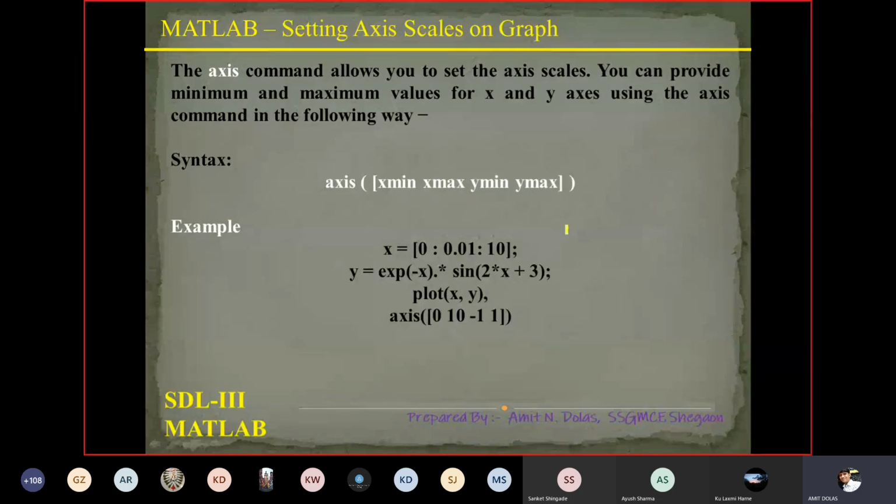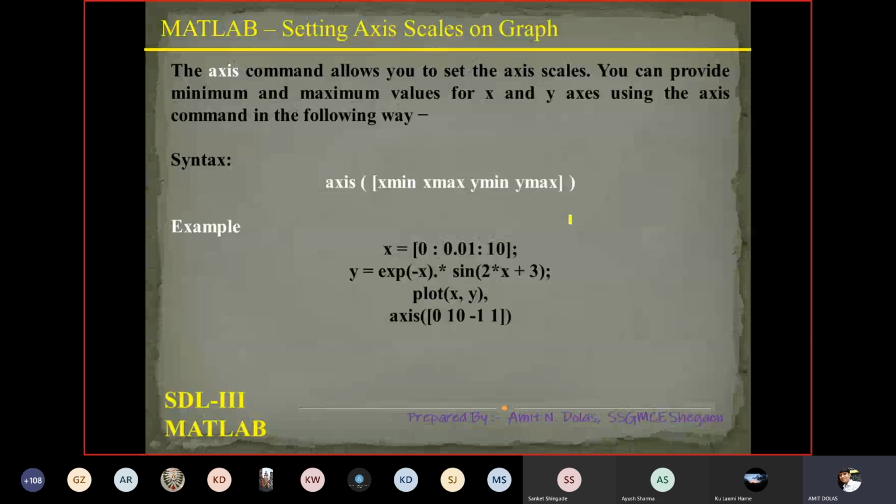Sometimes your signal may have a long range. Say my signal starts at 0 time and ends at 1 second, but I'm not interested in the complete 0 to 1 second signal. I'm interested only in the initial 50 milliseconds.